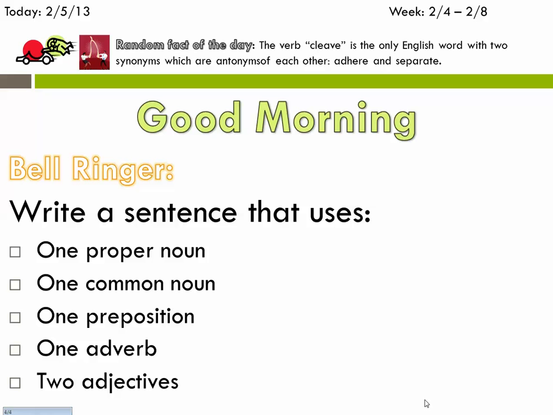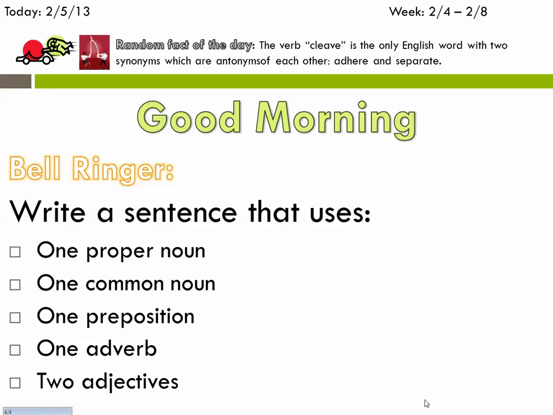We started with our bell ringer, which now that you guys have demonstrated mastery in the parts of speech, we're going to move away from just identifying parts of speech and move toward using them in our writing. I mean, at the end of the day, that is the number one job of grammar, to improve our writing. So we're going to take a stab at a new writing practice, which means you have to create a